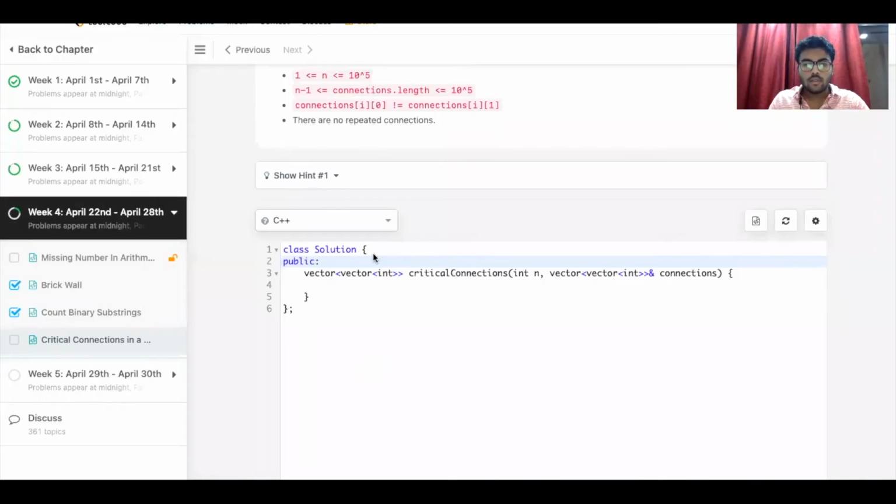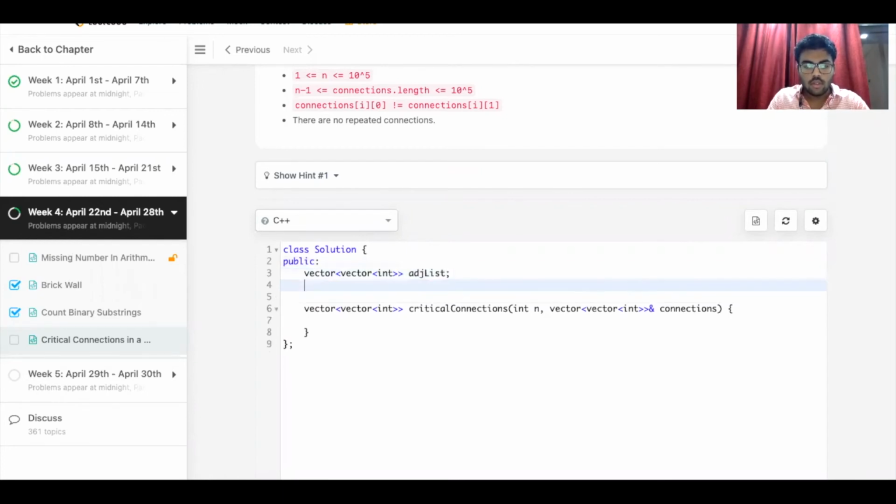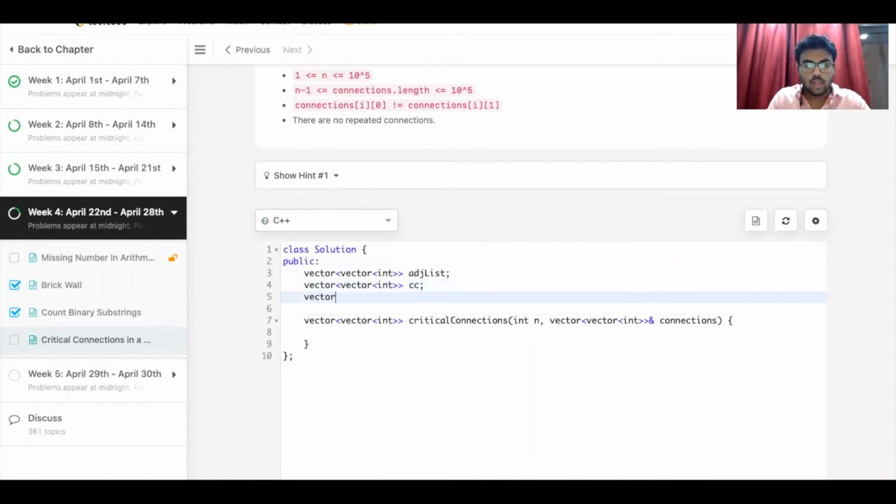So guys, let's code the part that I just explained. First we'll create a vector for the adjacency list, let's call it adjacent list, and a vector for storing the critical components, let's call it CC. Then a vector of int for the discovery of nodes that we'll be discovering at each node.